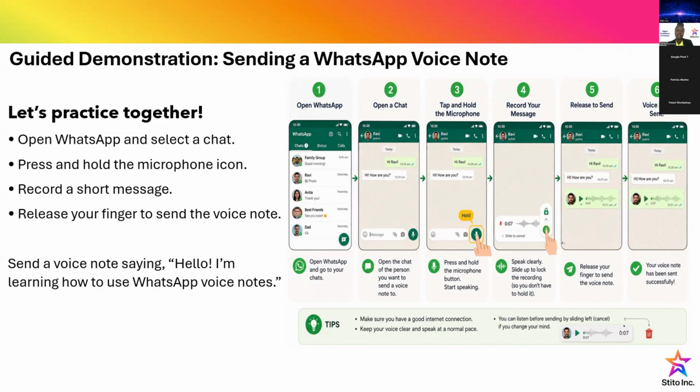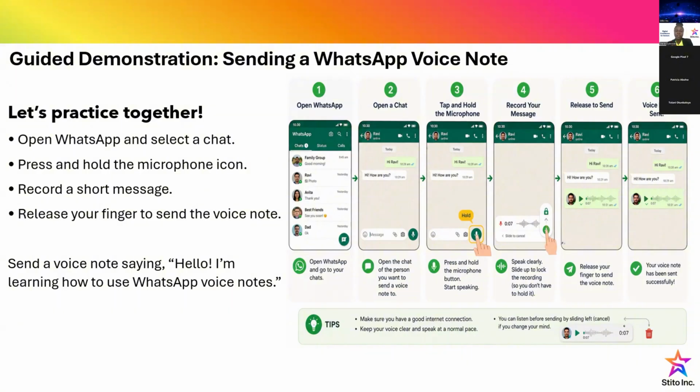I don't want us to open the WhatsApp app now so that it will not distract us. So open the WhatsApp app, select any chat you want, maybe with somebody you already had a chat with, probably with me, if you've had a chat with me. So you just click on Stella. And then it's going to bring up our chats. And beneath it, you will see where you can type a message. It says message. And you will see a microphone beside it. That microphone, there are 2 ways you can do this activity. But I will tell us only one, which is the better for this training.